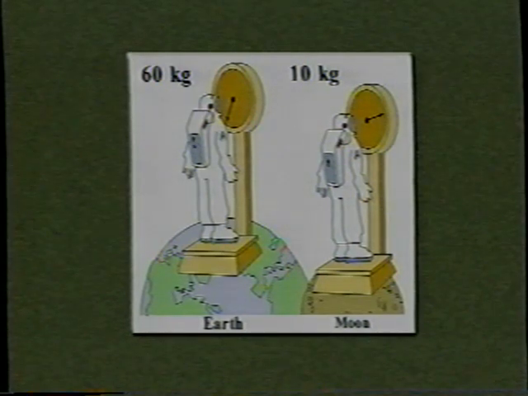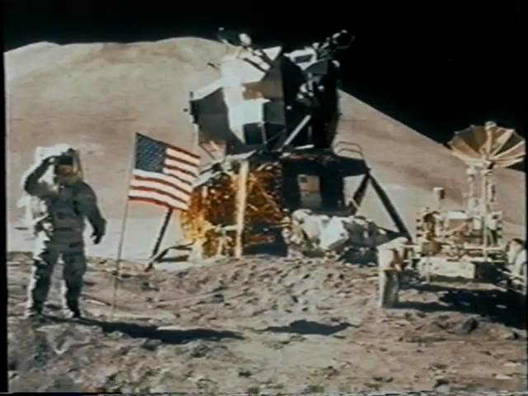You may remember those wonderful pictures of humans walking on the Moon and some of the antics that they displayed, skipping and jumping, and it looked like everything was taking place in slow motion. That's because the force of gravity was so much less, their weight was so much less, that they were able to jump higher. They didn't accelerate nearly as fast. Only 1/6 the acceleration, so they'd jump up and they'd come down much more slowly.